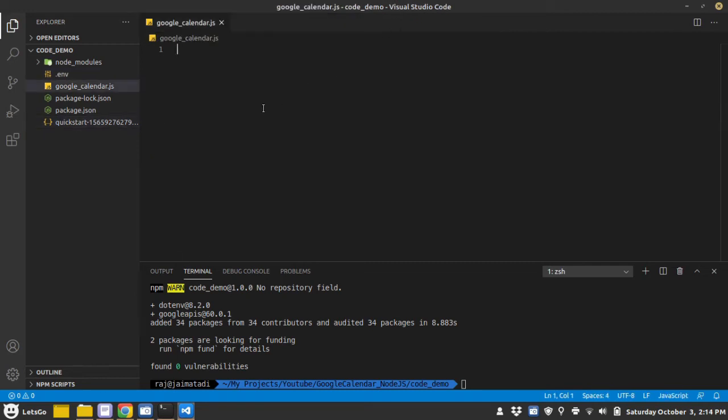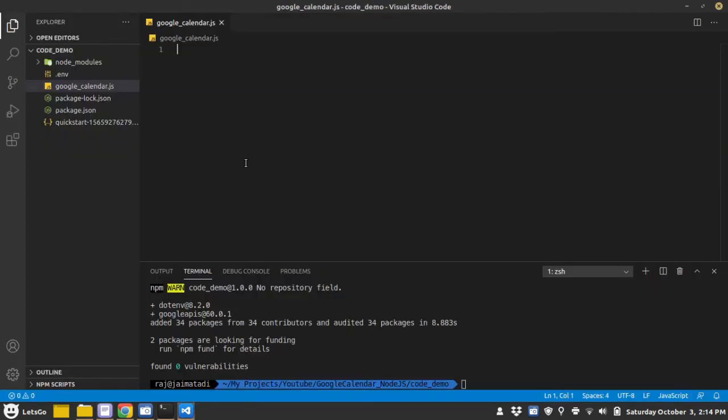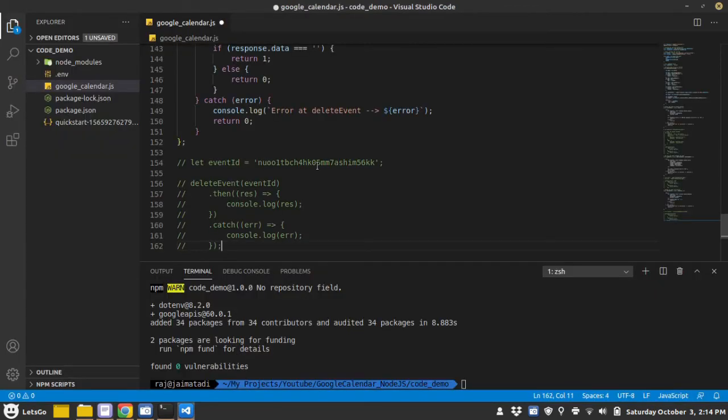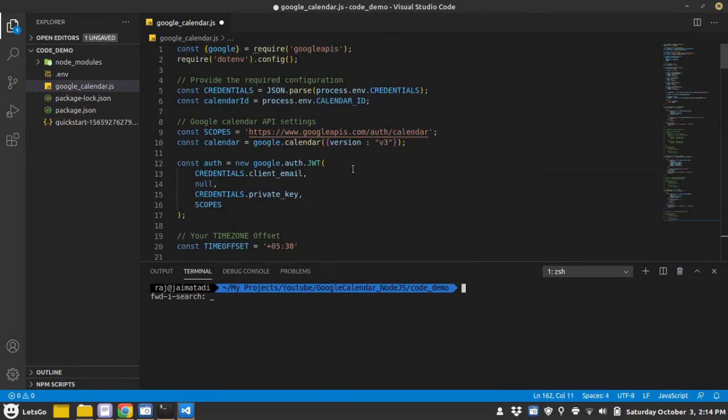It is always a good practice to use environment variables to pass the confidential parameters to the JavaScript file. The next thing is, I will copy paste the whole code that I have created for the demonstration purpose. Let's clear the terminal and I'll explain everything.